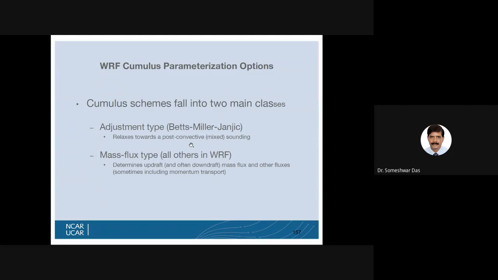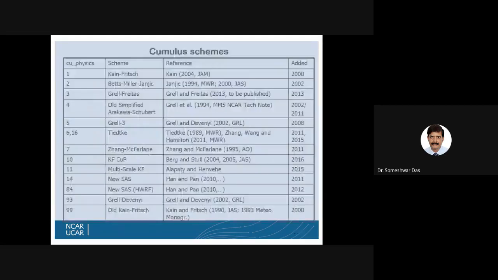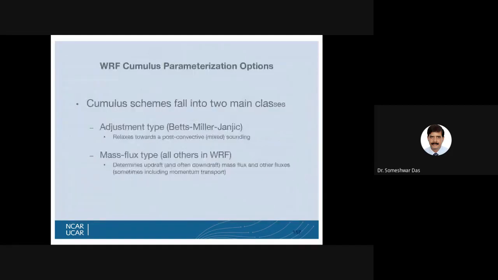You have studied about the Betts-Miller scheme in the theory earlier, isn't it? Another category is the mass flux type, which is more realistic but more complex, obviously. In this category, you have got the Arakawa-Schubert type schemes, relaxed Arakawa-Schubert, or simplified Arakawa-Schubert, Grell scheme, and many other schemes. But in the adjustment type, you have got the core type scheme, Betts-Miller scheme, etc.